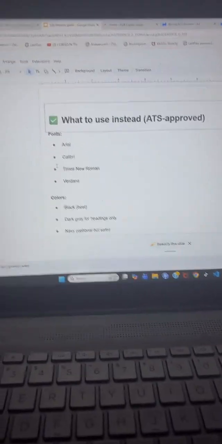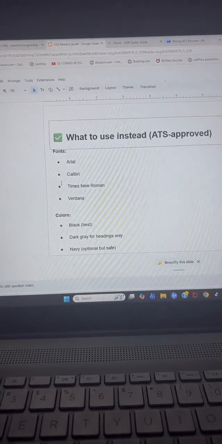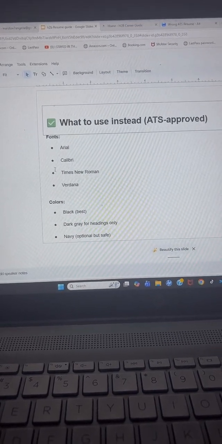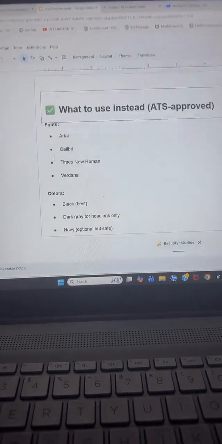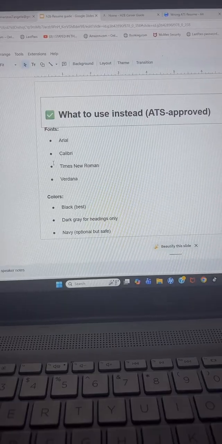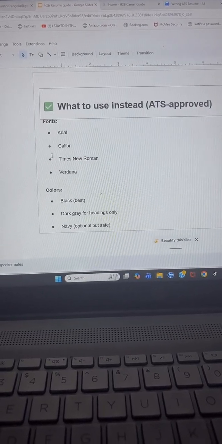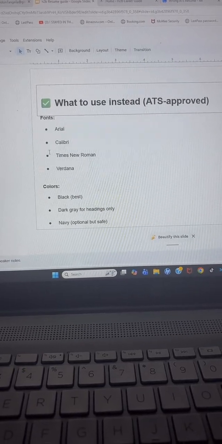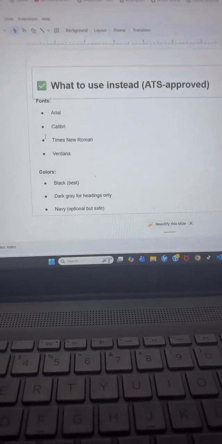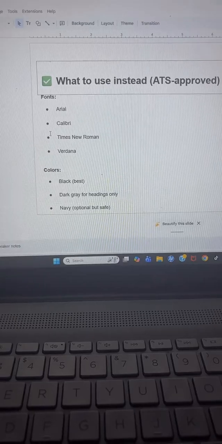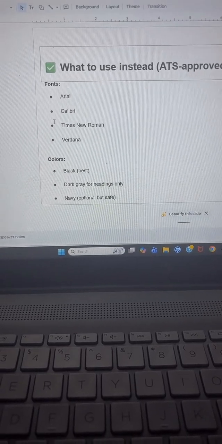Don't try to use a lot of stylish fonts, guys. For colors, you can use black, navy, but not red, pink, and those colors. Those colors are too fancy for your resume.